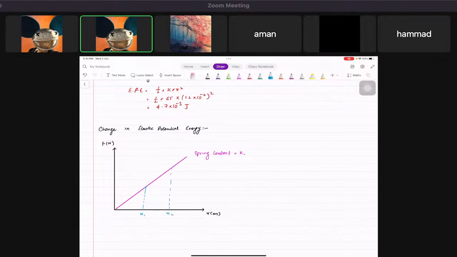So basically what they want is for you to find this change. Okay, so to find this change,